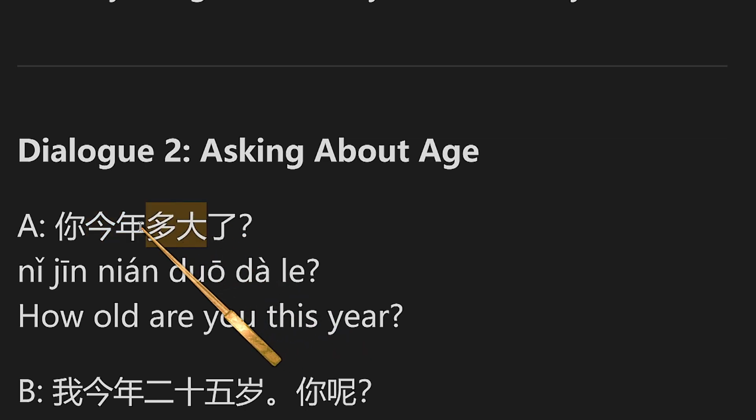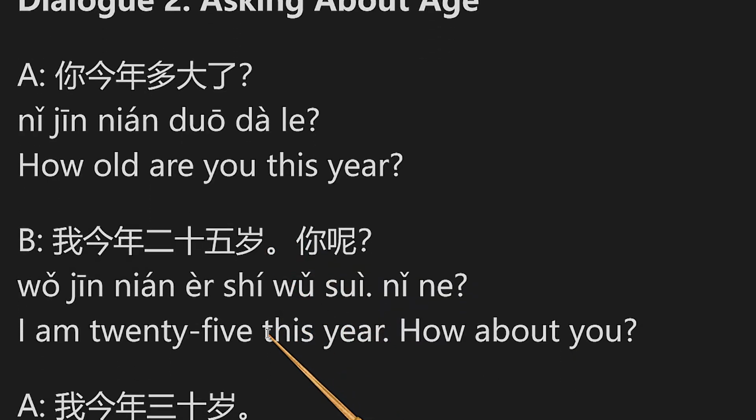So, how old are you? 多大: Da is big. 多 is a lot, but here it's for how many, how much, how big. 你今年多大了？I'm 25 this year. How about you? 我今年25岁。你呢？